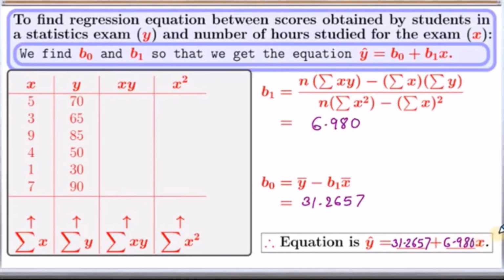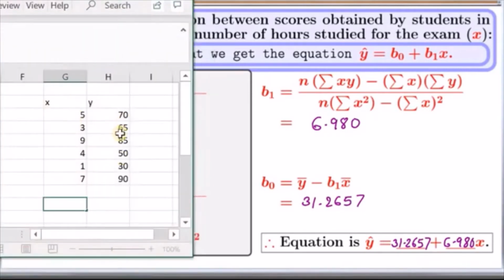6.980. This is the regression equation that we found using formula. Now let me show you how to find the regression equation using Excel. There are two methods to find regression equation in Excel. So let me pull up my Excel on the screen, and here I have already entered the data that we have. Now for the first method,